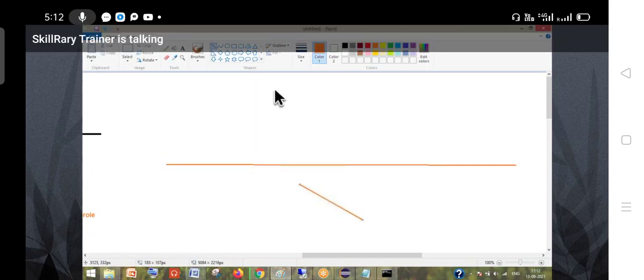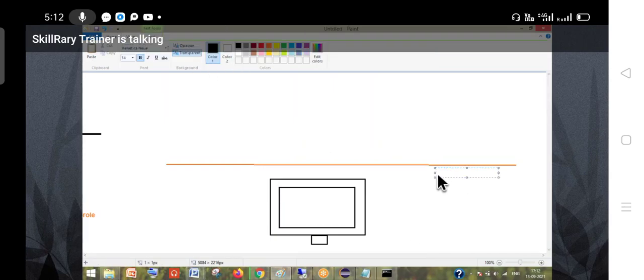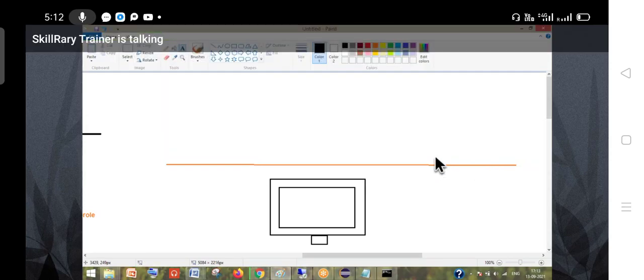Okay, this is my framework. This is my local machine. I have a framework here. When do we go for parallel execution and when do we go for compatibility testing? Tell me. This is my